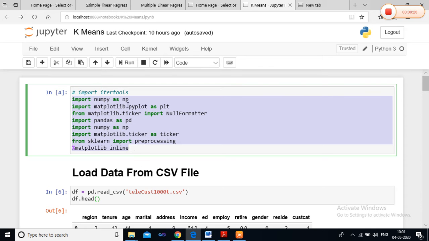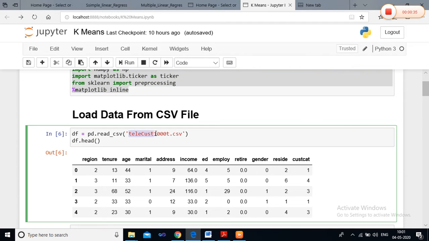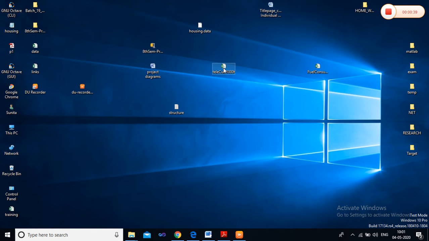Next, I am using one CSV file, the Tally customer file.